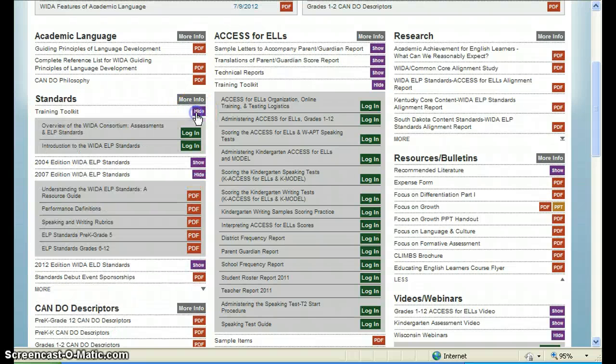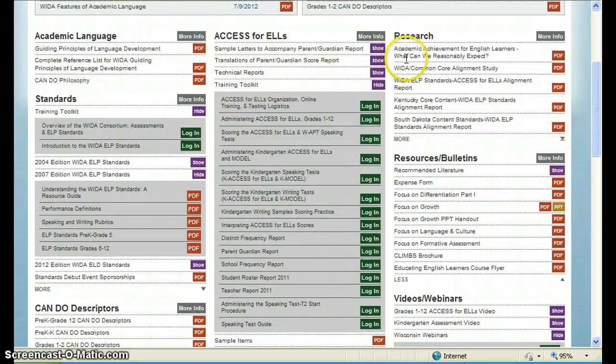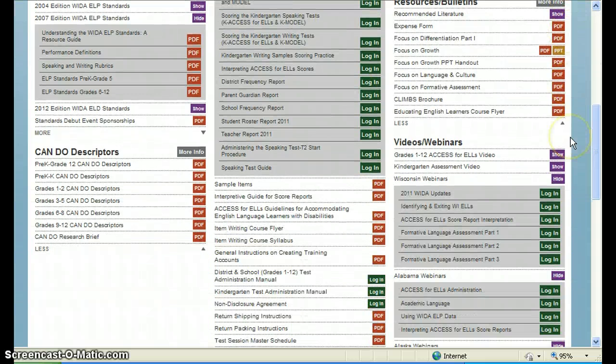Here you would find two sample PowerPoints that you could use and adapt to your needs at your school or district level. These are, of course, password protected, or you do need to log into them, and they're proprietary. So we'd ask that you not post them on any public websites or anything. Of course, you have the can-do descriptors here, the interpretive guide, sample items, parent letter, and then on this side,